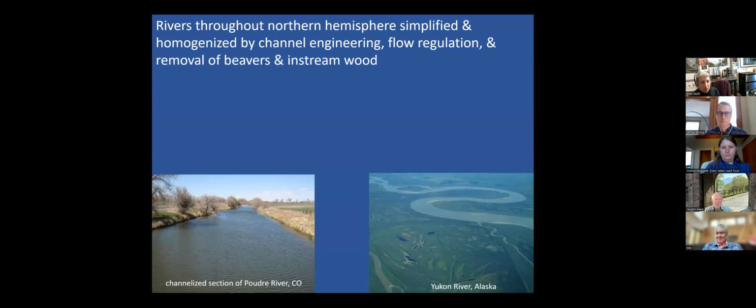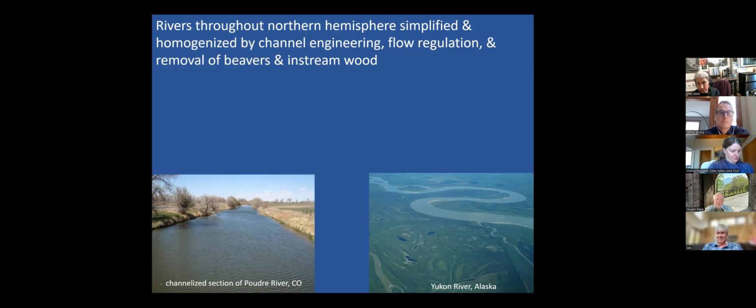Okay, so just by way of background in thinking about what beavers do, it's important to understand how much we humans have altered rivers, large and small, from the very smallest creeks up to the biggest rivers on individual continents like the Mississippi, the Colorado, the Columbia in our part of the world. So certainly throughout the Northern Hemisphere, we as humans have mostly made rivers simpler. The contrasting photos here: the Poudre, this photo in the lower left, doesn't look like that anymore. There was a river restoration project a few years ago, and it looks very different now, but